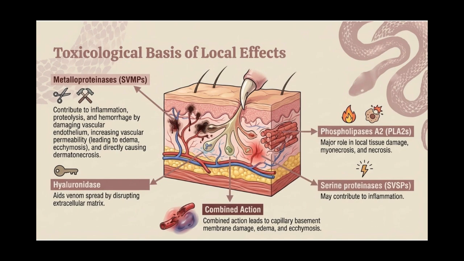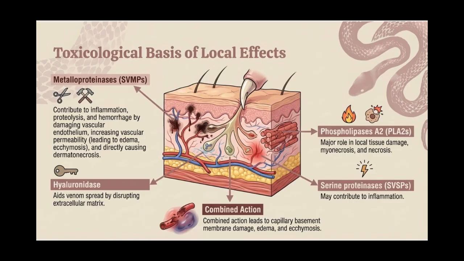Hyaluronidase is another enzyme that facilitates the spread of venom through tissues by breaking down the extracellular matrix and basement membranes around small blood vessels, thereby contributing to swelling. Phospholipases A2 are enzymes believed to play a significant role in local tissue damage and cell death, particularly in the muscles. In some snake species, such as North American rattlesnakes, these enzymes cause injury around the bite site without necessarily leading to widespread muscle breakdown, although they can cause damage to muscle tissue directly.